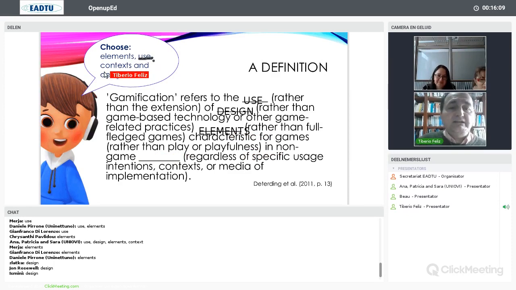Okay, and the last one can only be "context." And so we write there "context." Okay, context. It's not very clear, but we have another